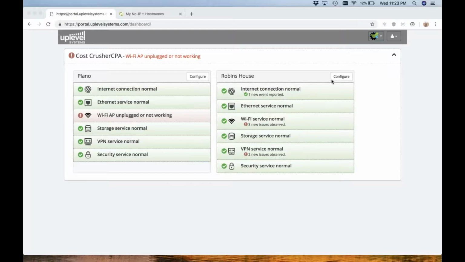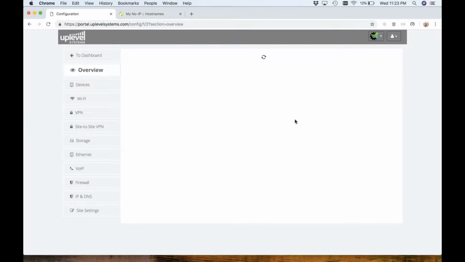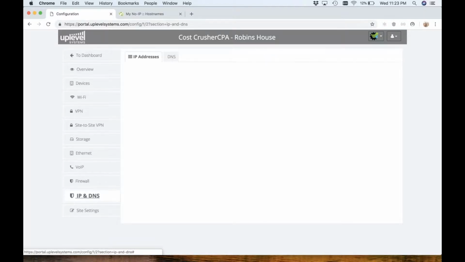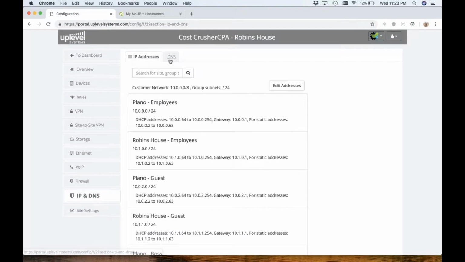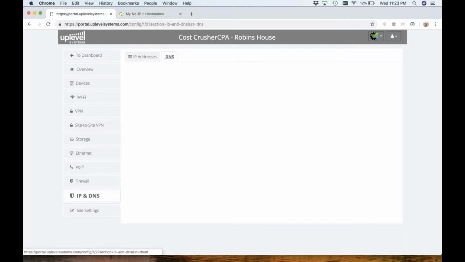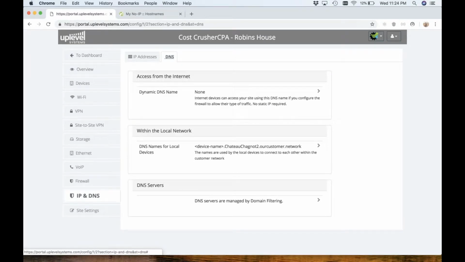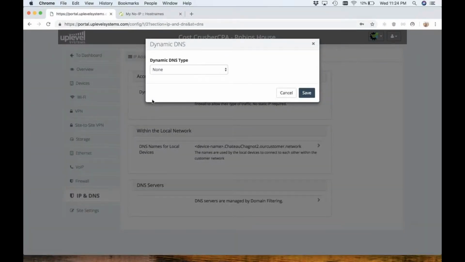You'll notice now whenever you go in to configure a customer's site, there's an IP and DNS option down in the left-hand pane for any particular customer. You can click on that and move up to the DNS tab at the top. This will bring you to the 3 different DNS options located in the gateway, the very first being the dynamic DNS option. From here, if you click on the dynamic DNS, you'll notice that you have a drop-down menu of different options,